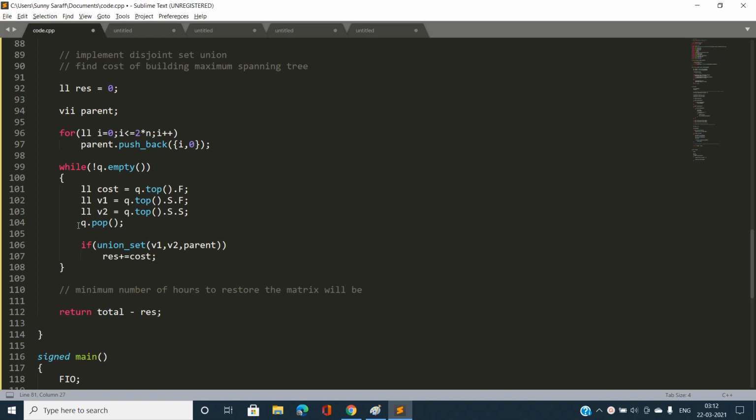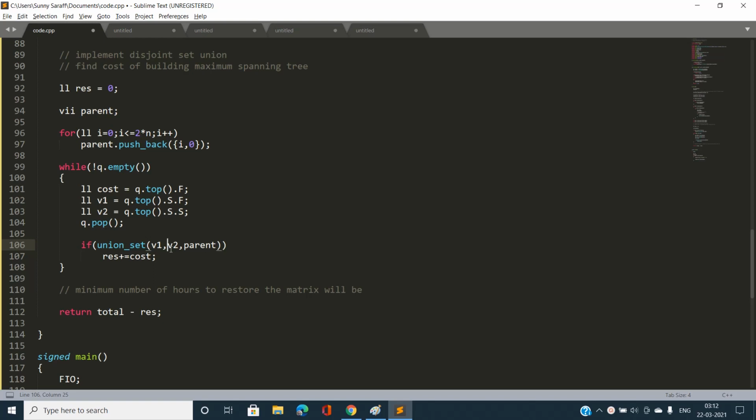Basically, I've implemented the disjoint set union for finding out the maximum spanning tree using Kruskal's algorithm. Now you can see I maintained the priority queue, so the edges are already sorted in descending order of their weight. Let's pick up the maximum weight and check if uniting the sets V1 and V2 is possible, that is, initially they are not connected, so I'm going to connect them.